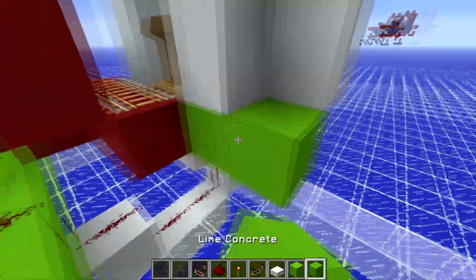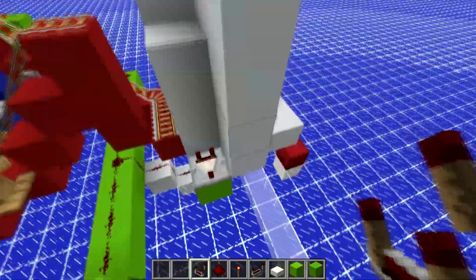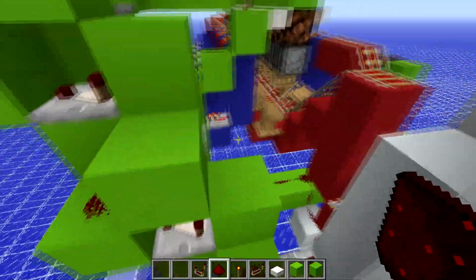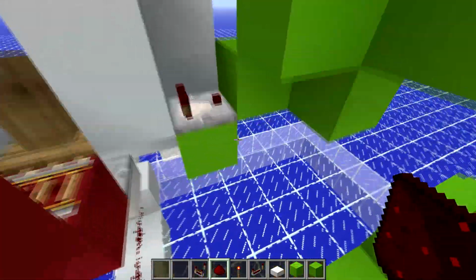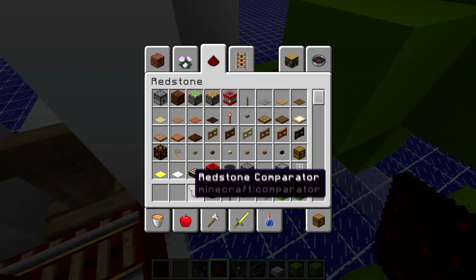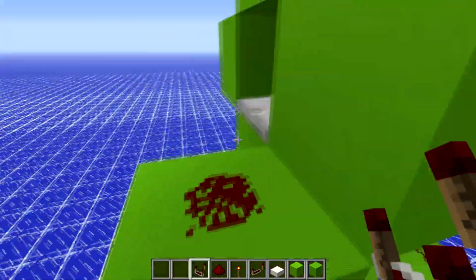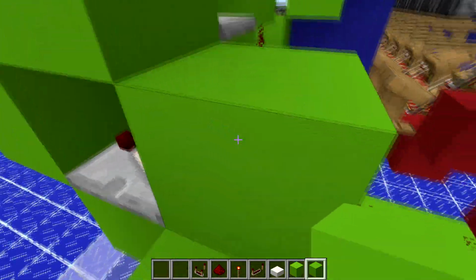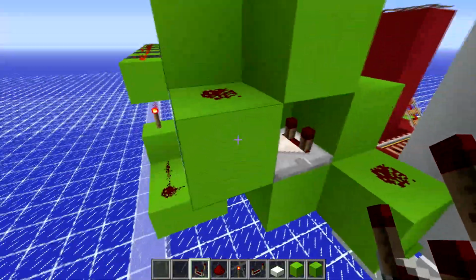Now comes the tricky part of snaking this output from the lectern all the way up there without losing any signal strength. Now my setup looks something like this. It's a bit complicated to look at, but I'm going to try to explain it. So after this redstone comparator, there's a block with redstone dust on top. To the right of that, there's a full block and a comparator running this direction with a block and a